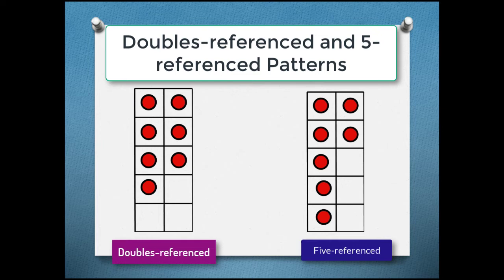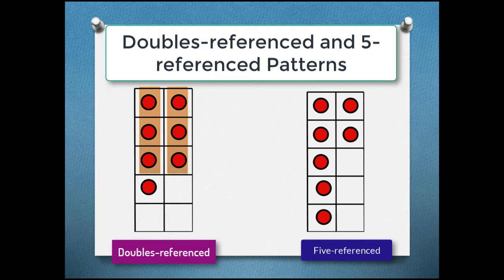On the left, you see a doubles-referenced pattern. I'm not sure what's going to happen when I press this, so I'm going to do it. Yes, there you see the doubles-referenced. We're just demonstrating for you to see why we call this doubles-referenced. 7 is not quite 3 and 3, it's 3 and 3 with 1 extra. And so when we show a doubles-referenced pattern, we fill the columns equally and we have an extra 1